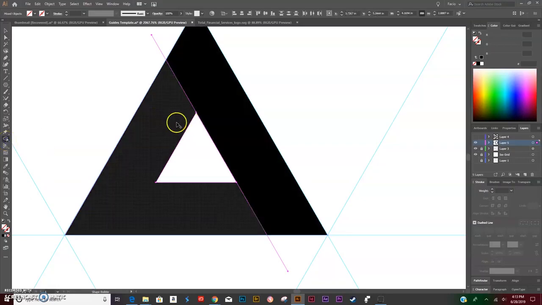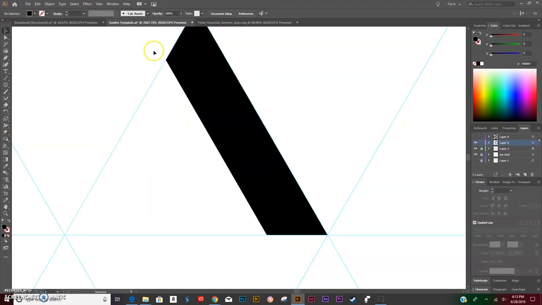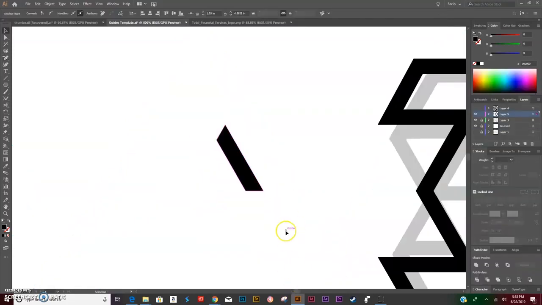Use the shape builder tool, get rid of the outside, holding Alt, you see the minus button. Right, select the line itself, and then there we have it. We can go ahead and clean this up now. Now when you have your shape all cleaned up, we're going to go ahead